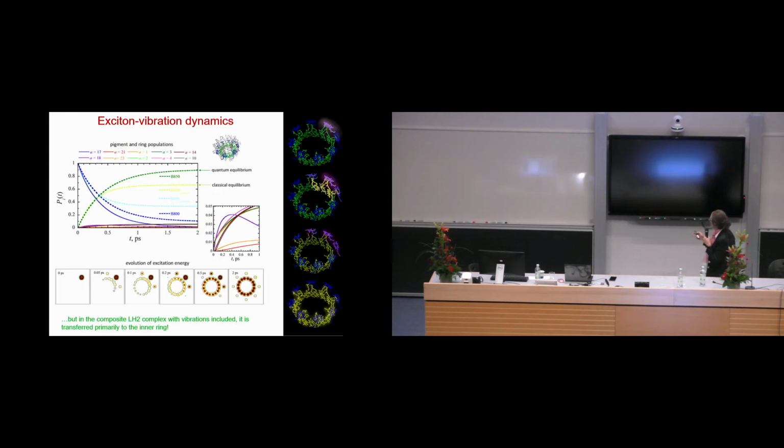Now, you see that the energy goes only to the inner ring. And here the density contours, it starts moving to the inner ring, very little density on the other side, very quickly, in 200 femtoseconds, it is populating the inner ring. And very little on the outer ring. So when the whole thing is together, it doesn't work as we thought it would work. Why is this? Well, this is because in the composite complex, what we have